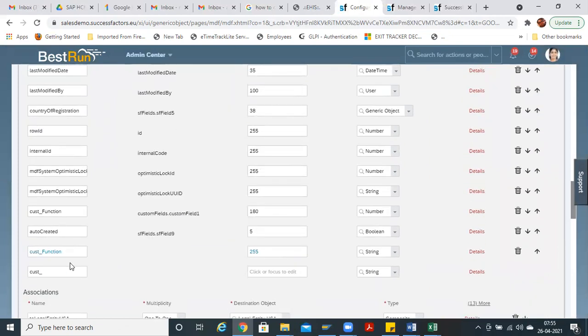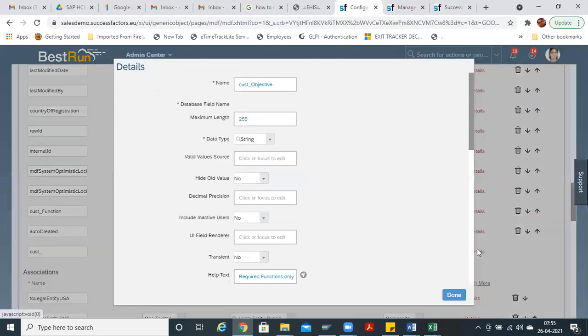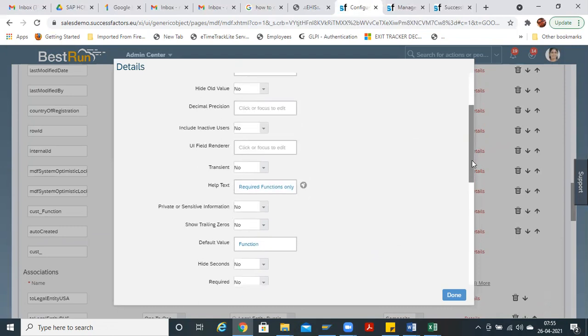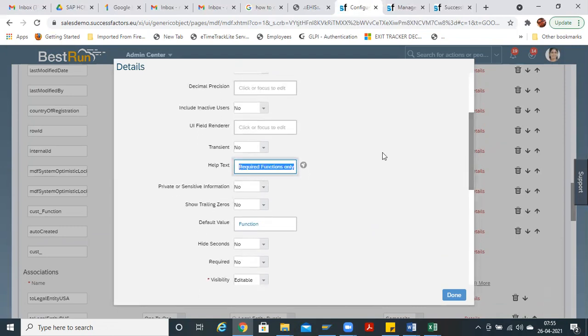Oh, the function is already being created. Let it be, for example, objective, any custom field. If the company wants anything, let it be a string, objective.